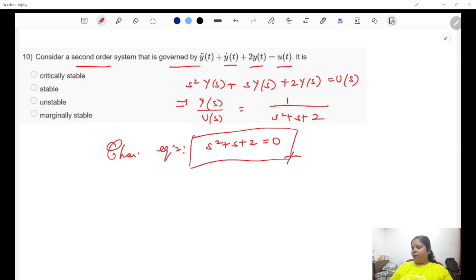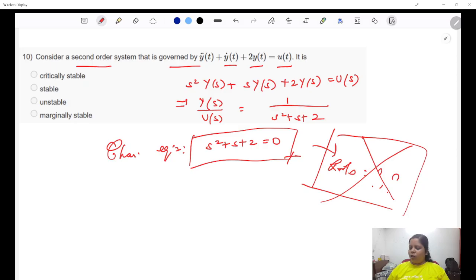So one thing is you can find the roots. You'll get two roots of the system and then you'll be able to say that if both of them lie in the left half of the S-plane, the system is stable. If one of them lies in the right half of the S-plane, the system is unstable. If they are multiple in number on the imaginary axis, then it's a problem and it is unstable. So all of those things are already there. But if I say I don't want to use this method and I want to use Hurwitz criteria, can you tell me if the system is stable or unstable?